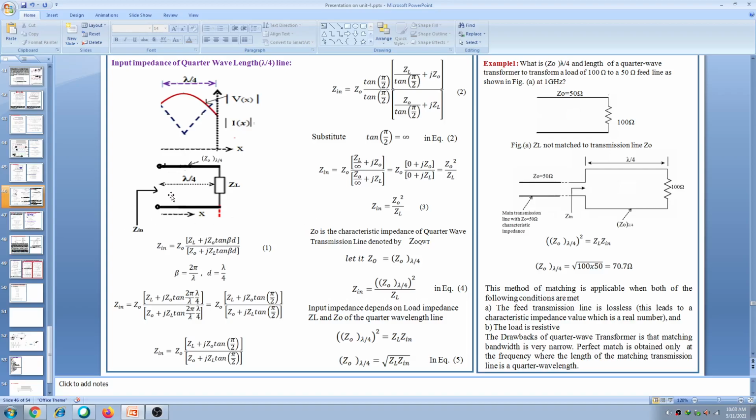See here, input impedance, this is our quarter wave. Now this is our quarter wave transformer. Load ZL is 100 ohm, and this is our input impedance here. Input impedance depends upon the characteristic impedance here. So to get maximum power transfer from this line to this load, we are matching the impedance here. We should make the impedance here equal to this 50 ohm. So Zin looking in this direction should be equal to 50 ohm.